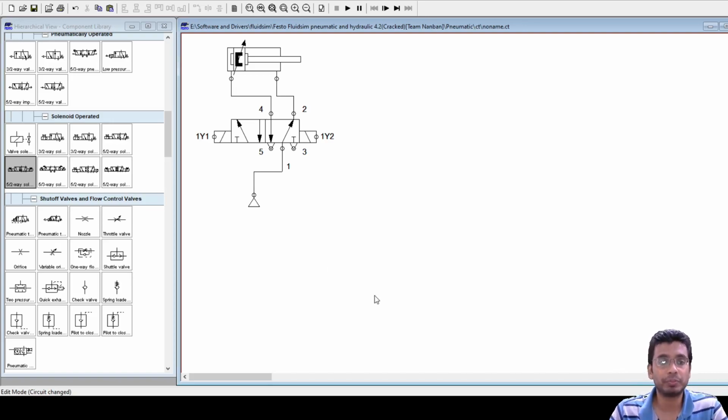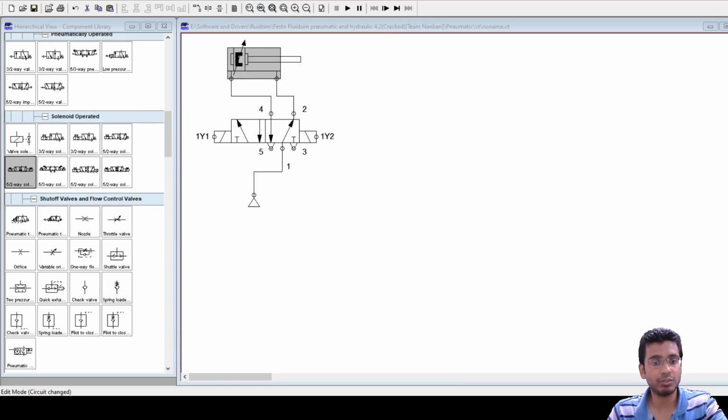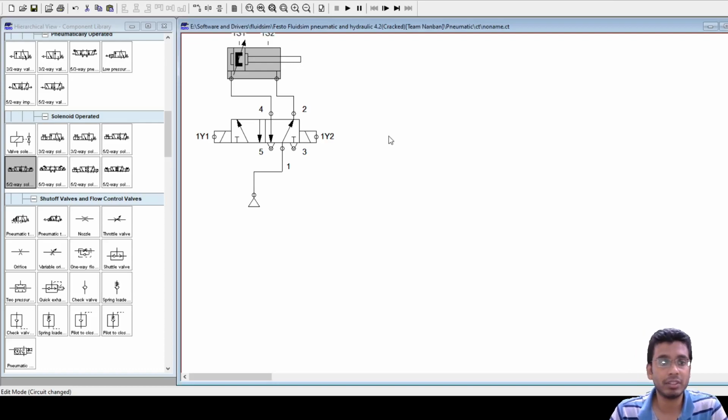Right. So we are going to have one as your 1S1 here, and another I'm writing 1S2, if it is not visible to you, and I am using it here.